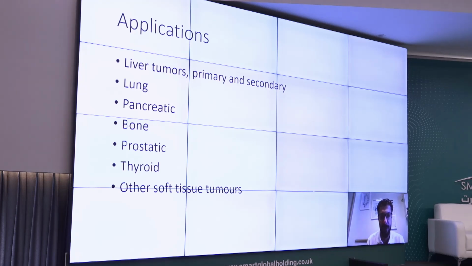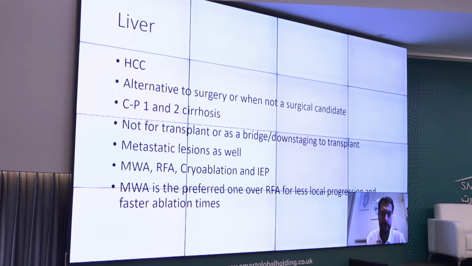Also, prostatic tumors are getting more common, and with the recent advances there is a lot of talk about thyroid ablation, and also other soft tissue tumors. We are using it in large fibroids, for example, in the uterus. So what we have in the liver, which I personally do a lot, and I find it very effective,